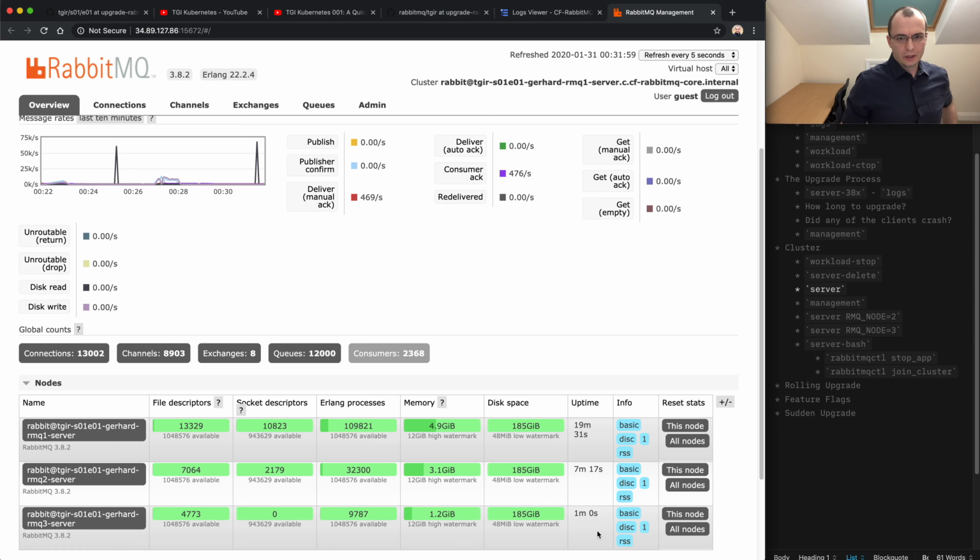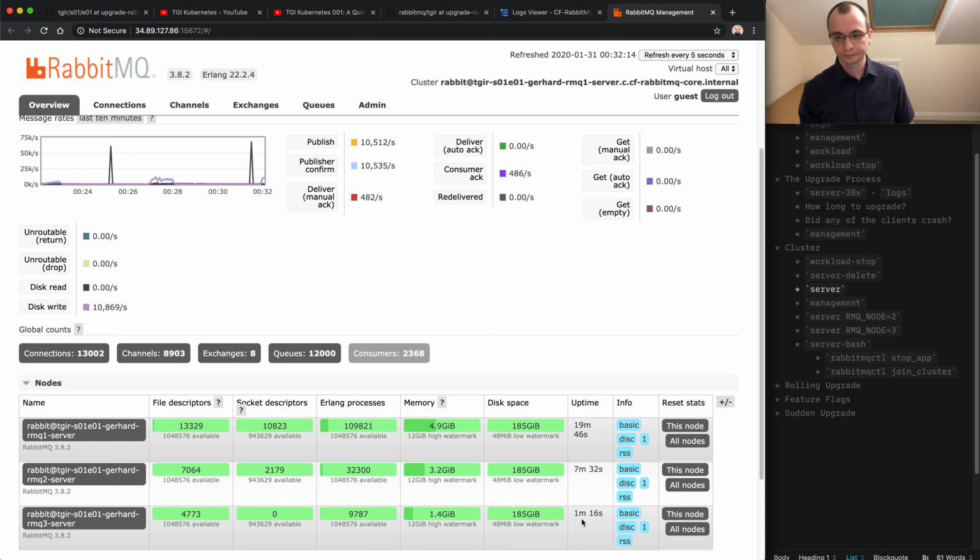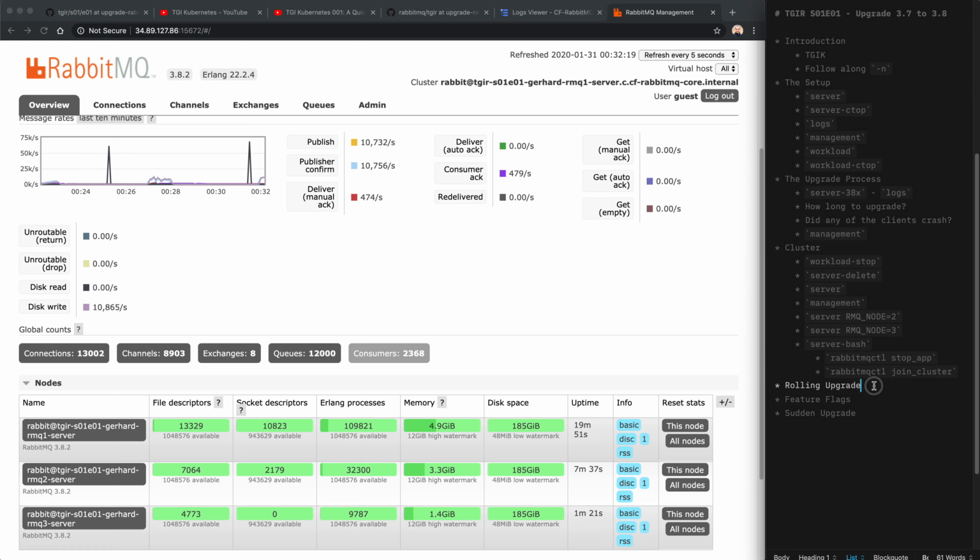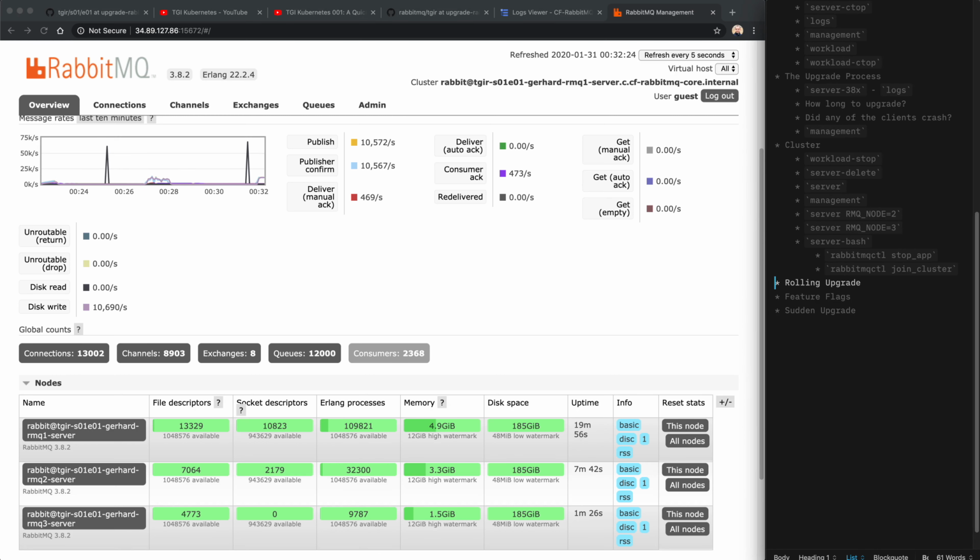Okay, so consumers and producers have still not connected to this last node. We know that it will take between 1 and 2 minutes for that to happen because of our connection recovery interval, if I remember correctly. And we are just about here, rolling upgrades, feature flags. Interesting. So while we wait for the